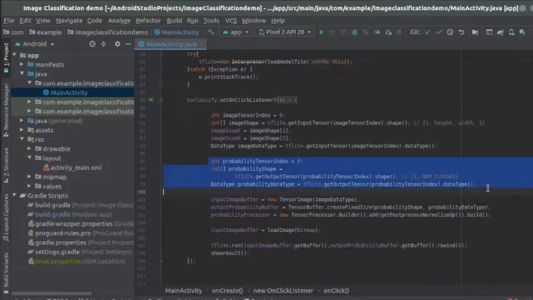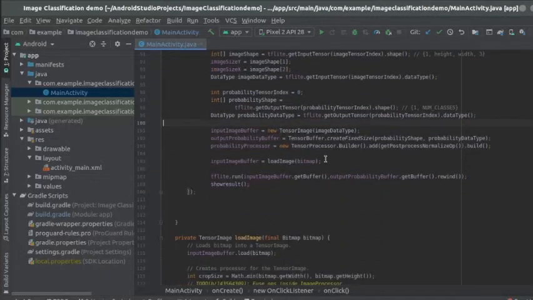We will do the same for output. We get the shape and the data type of the output. Then here we have created an input image buffer of tensor image type, and we will initialize our tensor image with the image data type we have seen here.